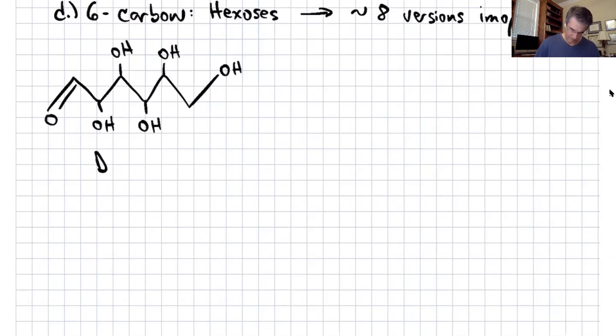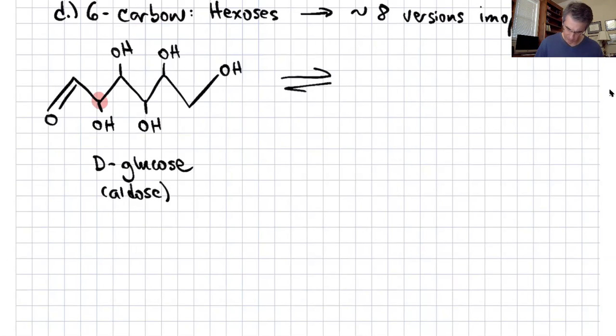Right? And this would be, especially if I had the stereochemistry right, D-glucose. Like I said, which is of course an aldose. D-glucose is an aldose sugar. And same theme, right? We can run this guy through that tautomeric shift,